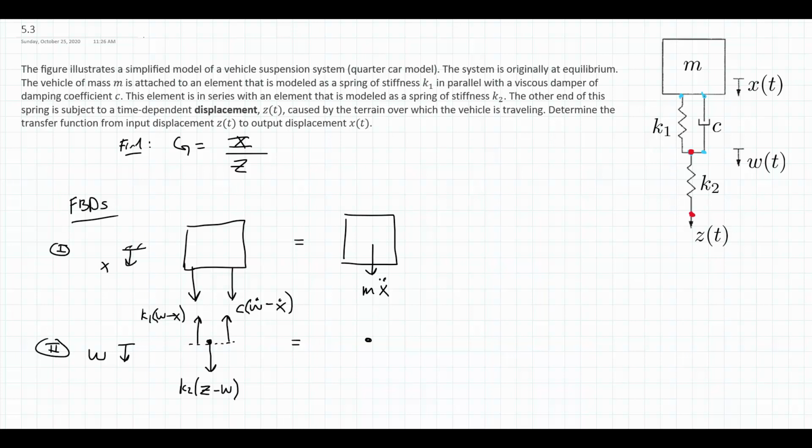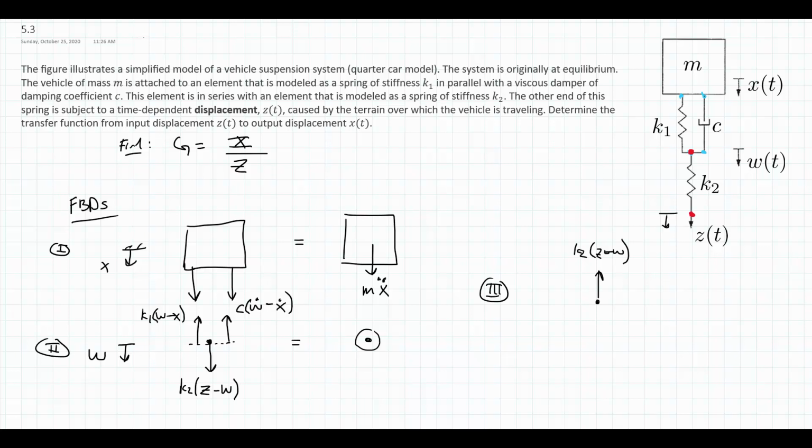On the right-hand side, we have the node, and there's no inertia because we ignore the mass of the node, or we neglect it and say it is 0. Now, as an aside, I could, in principle, draw this node at the bottom here as a third free body diagram, but I actually don't know enough information about it. I know that it would be attached to K2 at the top, would be Z minus W, but at the bottom node, there actually is, in fact, some force that is pulling it up and down,